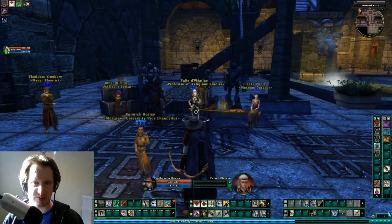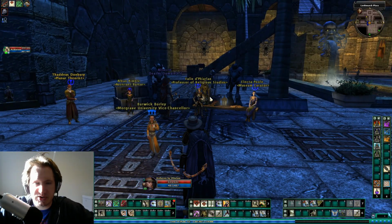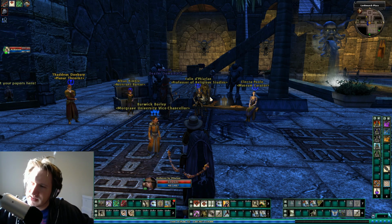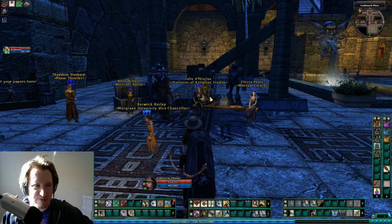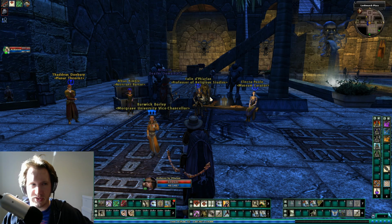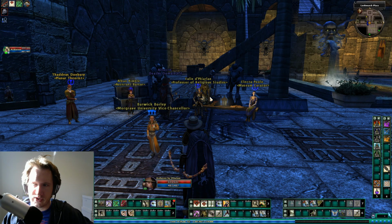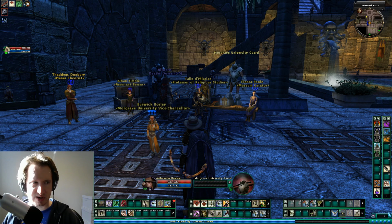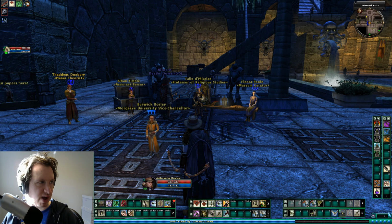Cool. Alright, well, so that's the quest chain. I personally really like this quest chain. I don't know, there's a lot more going on here. I feel like the story is really involved. Also, these quests are fairly short if you just kind of run through them. So for my first run through, it was a pretty long time going through them, doing every optional, going through it slowly, methodically. But I quite enjoyed it. I had a good time here. And if you have not done these yet, and you own them,